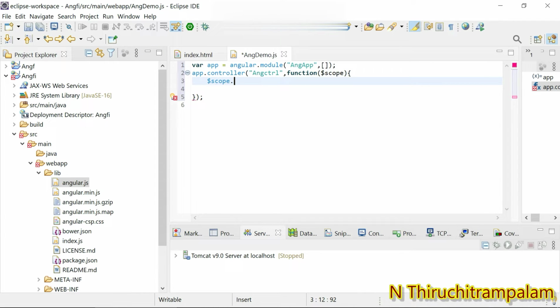I just use st equal. This property is an object, so it's going to have key value pairs. The key is the first name, colon, and within it I just give Tiruchitrambalam.